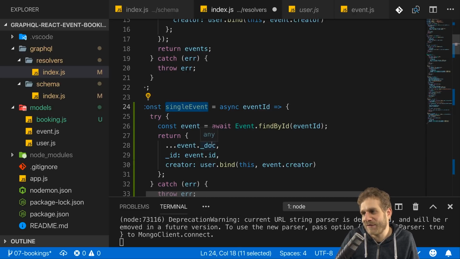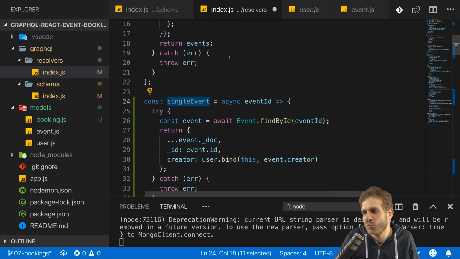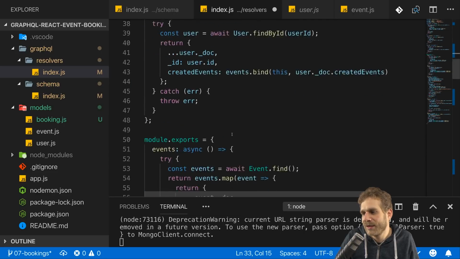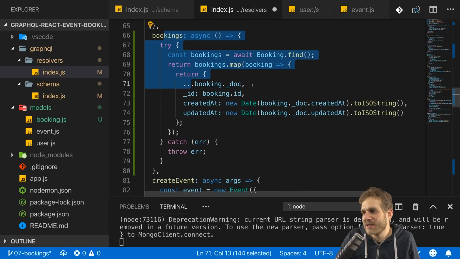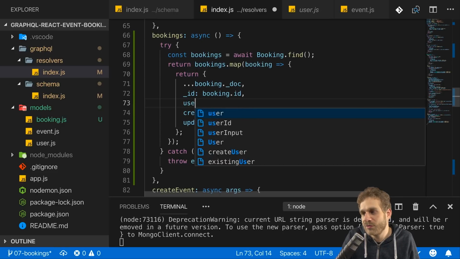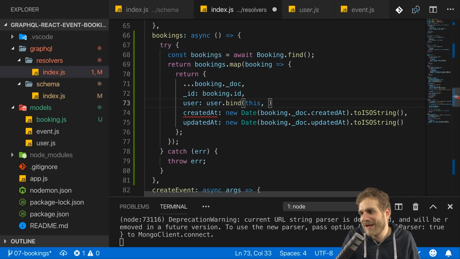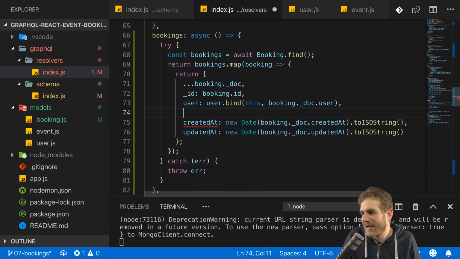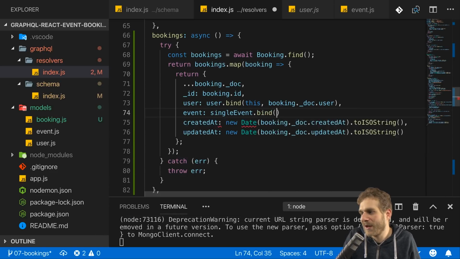So that is that singleEvent function. Only difference to events here is that I obviously don't fetch multiple events, but just one. Otherwise, it's the same logic. I return that single event here. And now we can use that, first of all, in bookings here, where I retrieve all bookings. There it would be nice to drill into the user too. So there I can already call user, bind this, and pass booking doc user, and also set up event and call singleEvent here with bind this